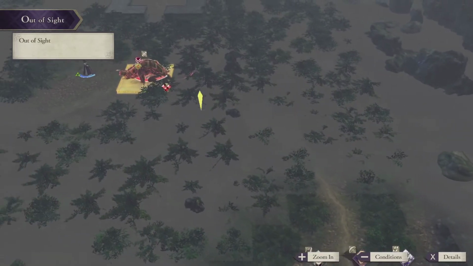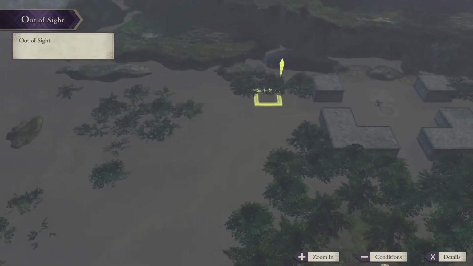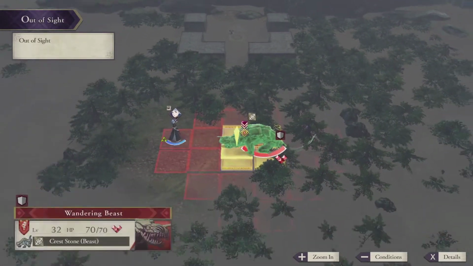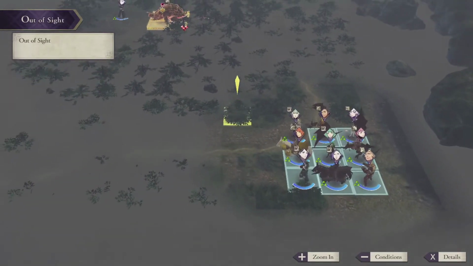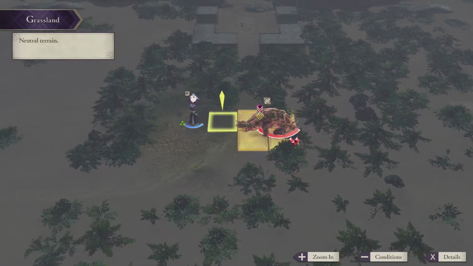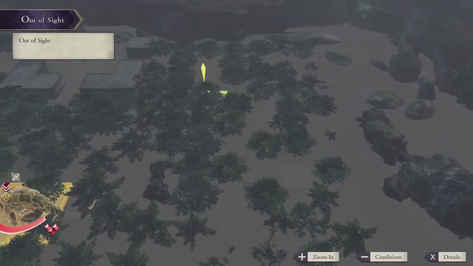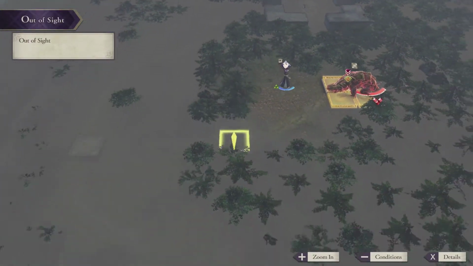Another fog map. Oh no! Wait a minute. Are we in Brigid now? Come on, game. This is like... How...